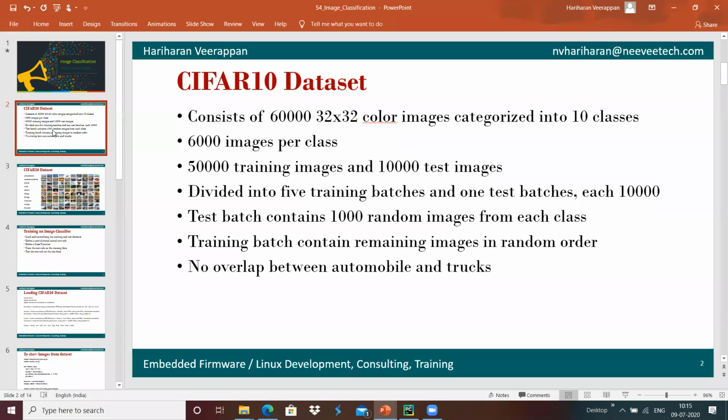Here the data set has two different classes, automobiles and trucks, and there will not be any overlap. Even though a truck is an automobile, the automobile class has been separated, for detecting cars over here.